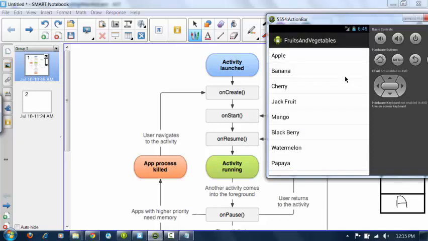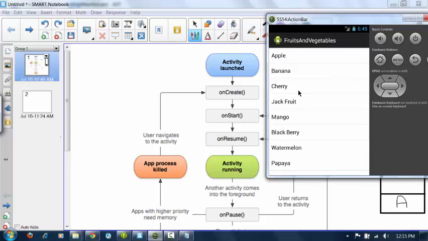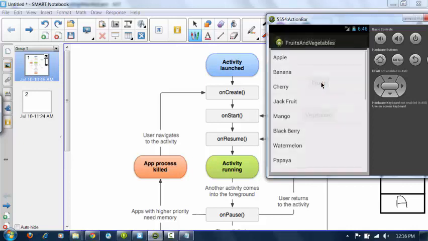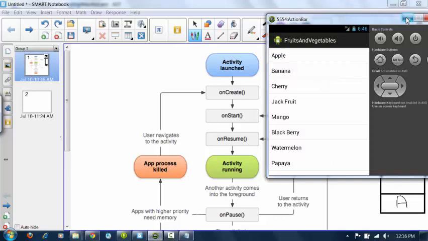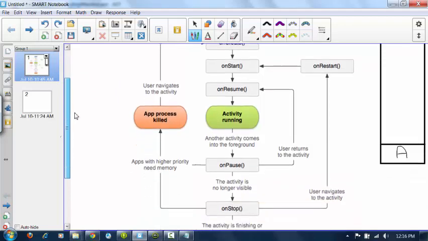But look here, when you click on this fruits button, it is navigating to your second page. So at this time, what will happen? When you see this page, your activity or your page is in the running state. It means you can interact with the activity. Now whenever you click on this button, immediately it is navigating to another page. So what will happen to your first page or home page? For that you have the option here,